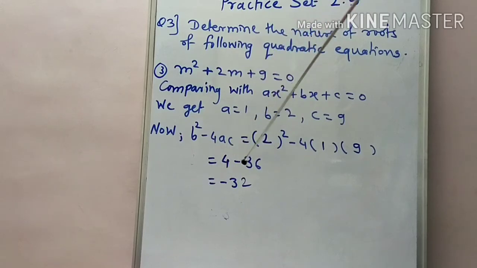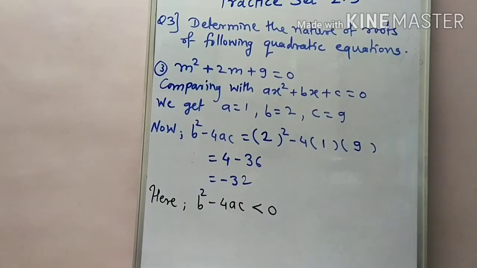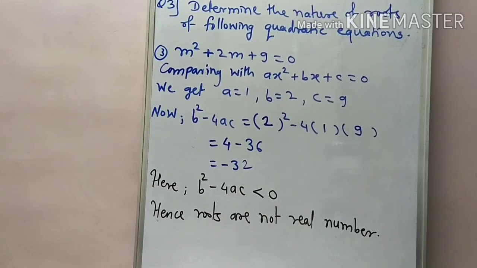And now as you compare this value with 0, what we notice here, that b square minus 4ac is, yes, exactly, less than 0. Negative number is always less than 0, and hence roots are not real numbers. Okay, so like this for 1 or 2 marks, example asked in exam. Okay students,